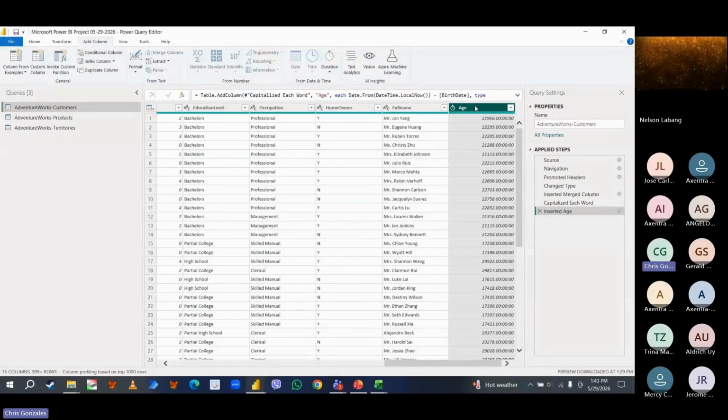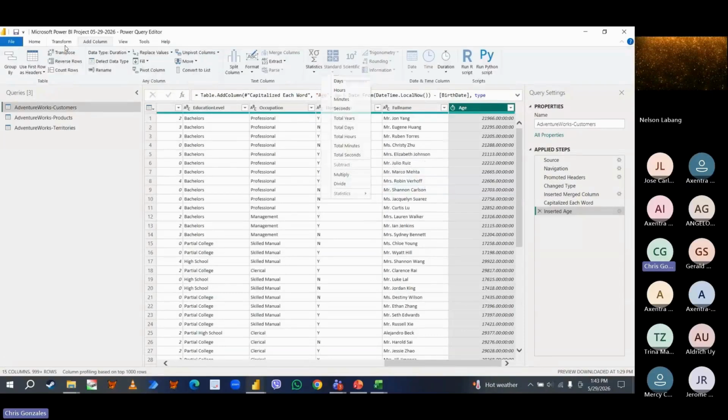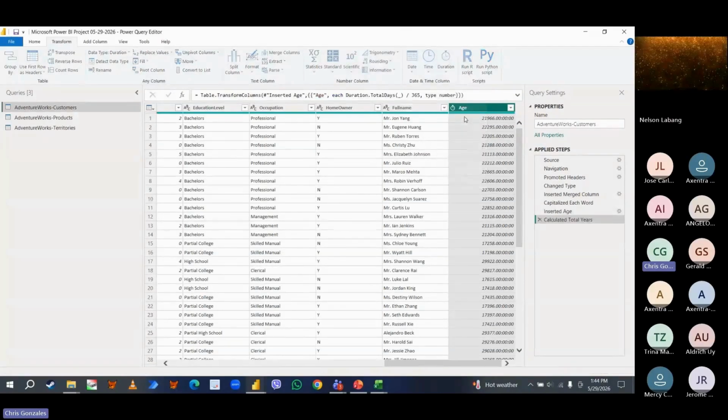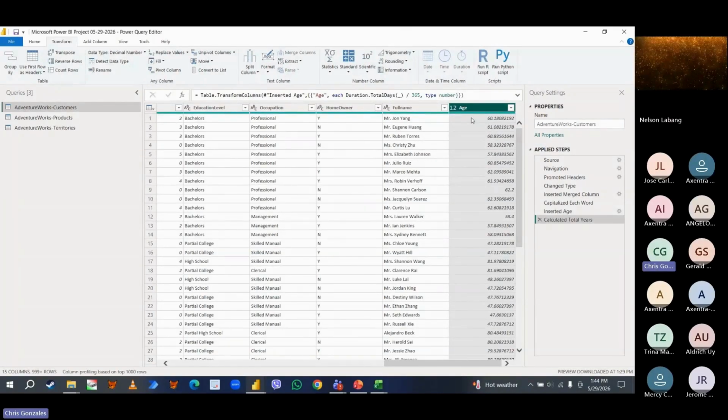Again, if you want to convert, do not choose duration under add column tab because we know what will happen. It will produce another age column that displays number of years. So you have two age columns. The first age is number of days. The second is number of years. So what we're going to do is to go back to transform tab and select duration. And here we have a total years option. So I'm selecting this. And then as you can see, it converts the existing column to the number of years between the birth date and the current date of your device.